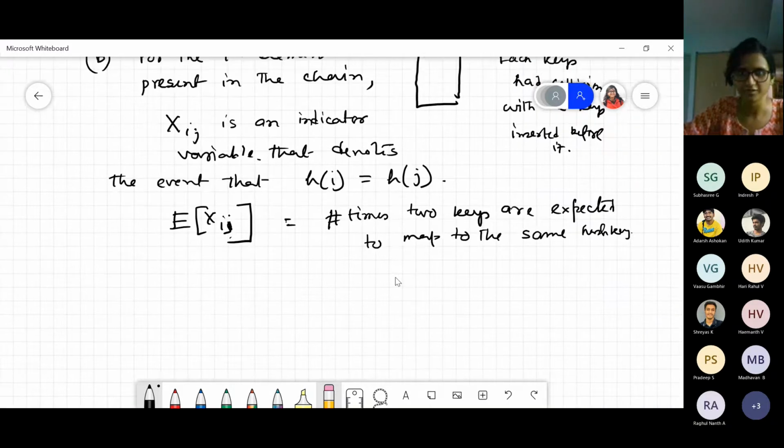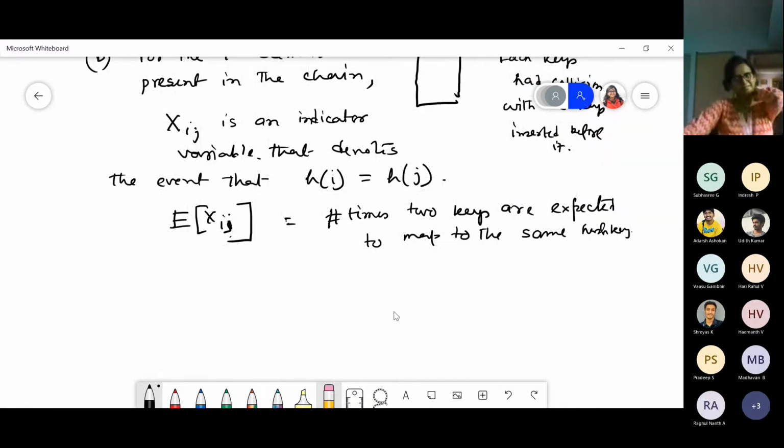No, it is not n by m. We're considering that on average the keys are placed uniformly, so each position has n by m keys. So it is not dependent on n. It depends simply on h. See, the function is on h.